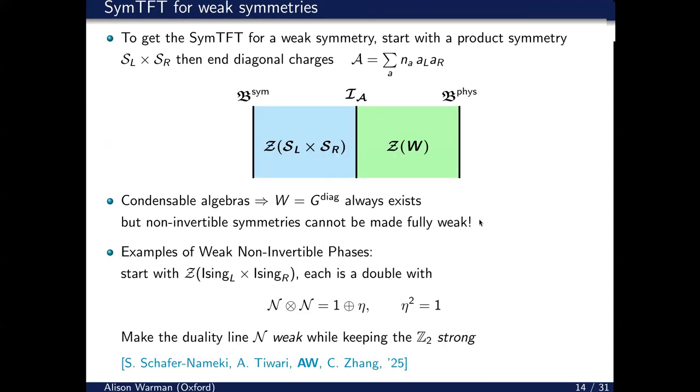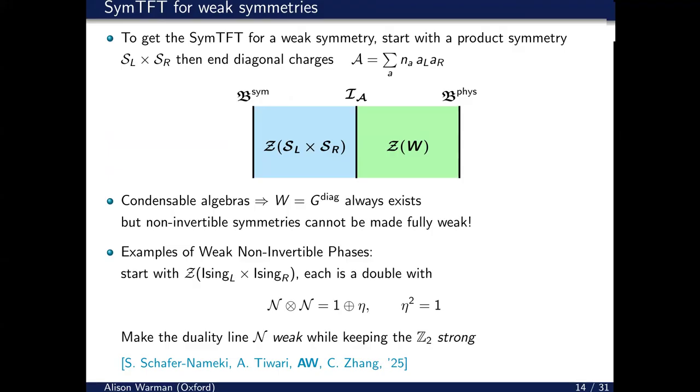However, we can see from this technology that there are cases in which you can make, for example, a non-invertible symmetry weak while keeping its fusion outcome strong. For example, if we start with Ising times Ising. So the main message here is that